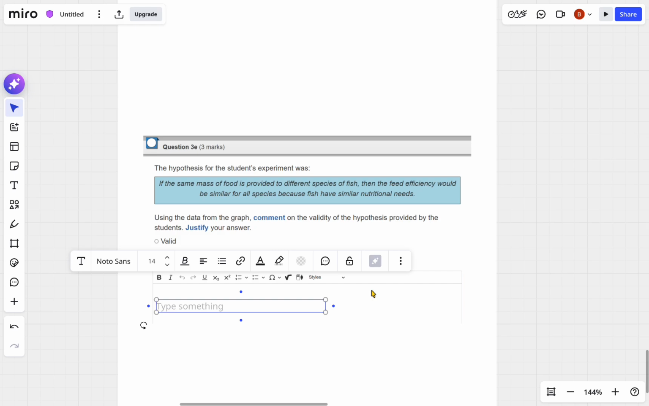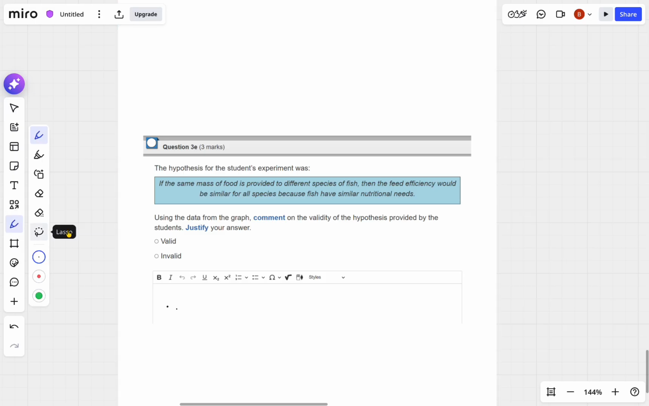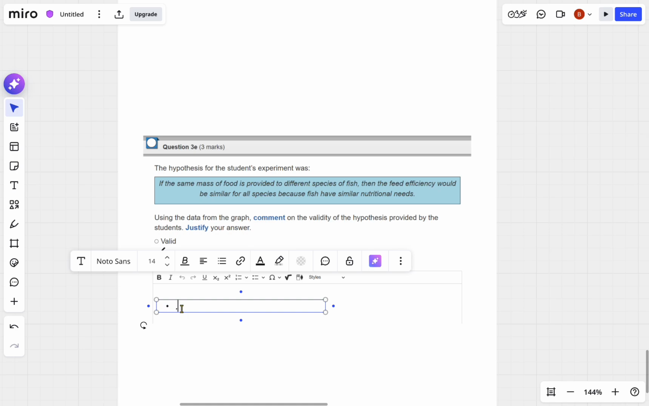I have the graph on another tab, so let me just look at it and answer this question based on that. First things first, let's write our first point, which is going to be about the validity of the hypothesis. On the paper you have to select it, so it's going to be invalid. Now let's get back to the pointers. So first thing is,